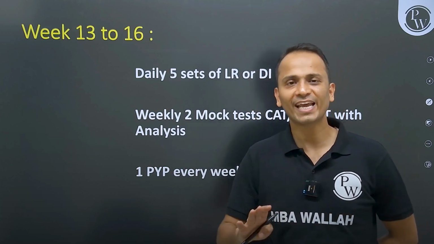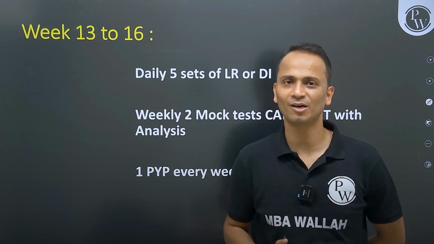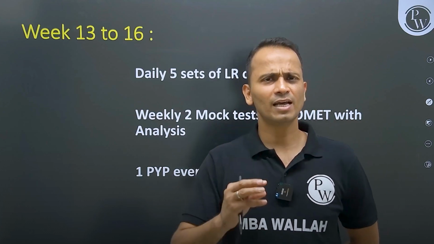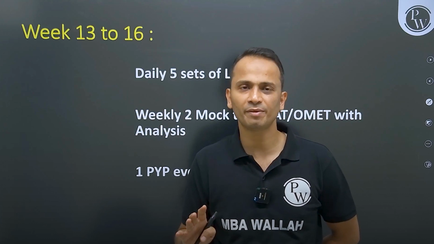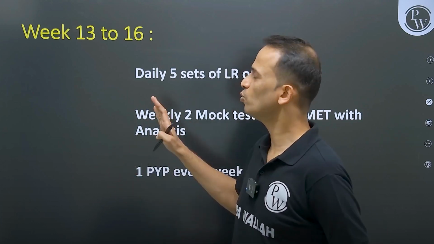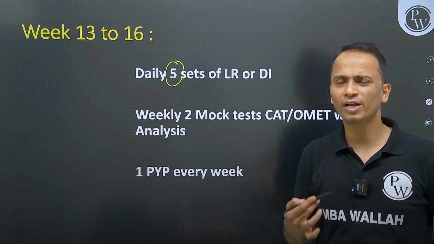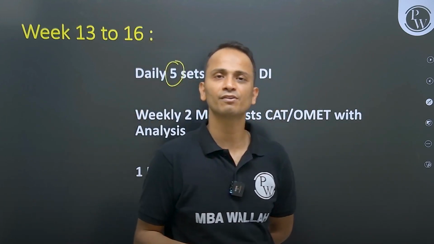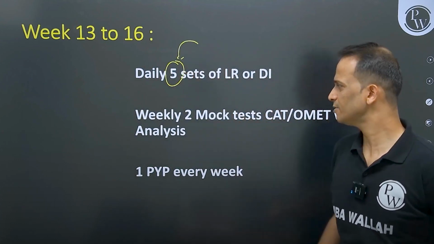Now, you don't have to do anything extraordinary. You just have to continue with whatever you have been doing up till now. If you are following this entire plan, then I would say that you are in a very safe position. So you don't have to experiment now. Just continue with whatever you were doing and keep moving towards CAT slowly and steadily. Just increase this number by 1 or 2. Earlier, if you were practicing 4 sets, increase it to 5. If you were practicing 5 sets, increase it to 6. And keep solving them on a daily basis.